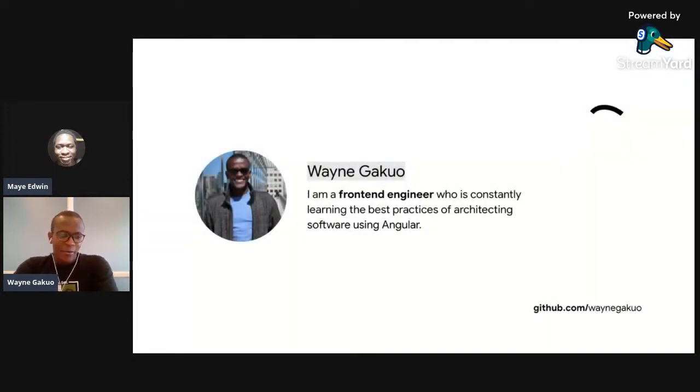And yeah, what I usually say is I'm always a front-end engineer, and the whole idea of being a front-end engineer is about learning. So I'm one who's constantly learning how to build amazing apps, just using Angular. And I'm a huge fan of open source. I've learned a lot through open source, and I hope today that you also get to learn some of the benefits that you get in being involved in open source communities or even just open source projects. So yeah, back to you, Mai.